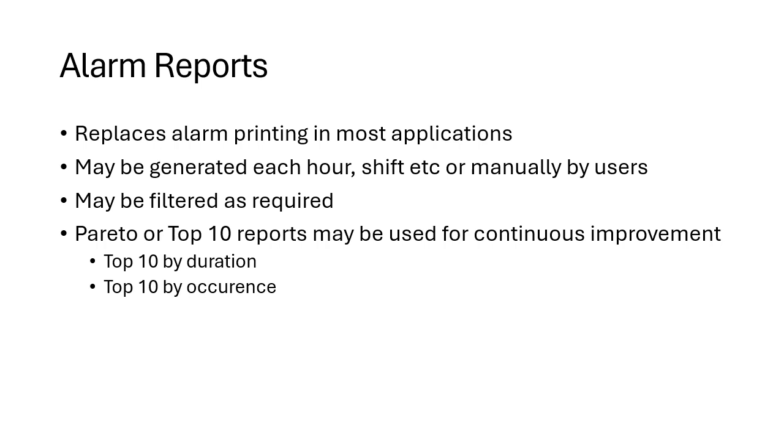For continuous improvement, a common alarm report is a Pareto or top 10 report. So a good alarm report would be top 10 by duration. That would give you your main alarms which cause you your most alarm situations, particularly if that's causing downtime. If you can work out what your top 10 causes are that cause you the longest duration of alarms, you can then work on what's causing those alarms, and then that can give you a good route to reducing the